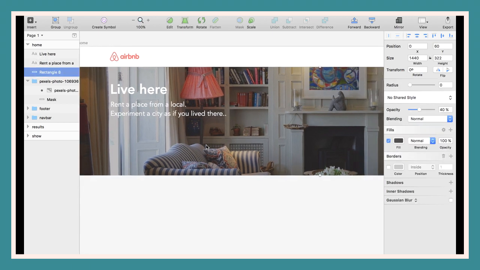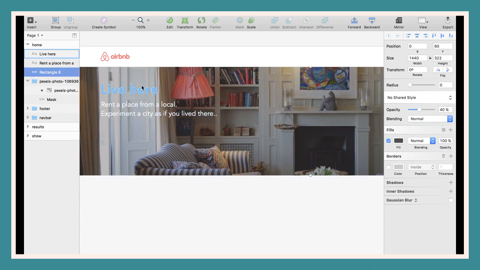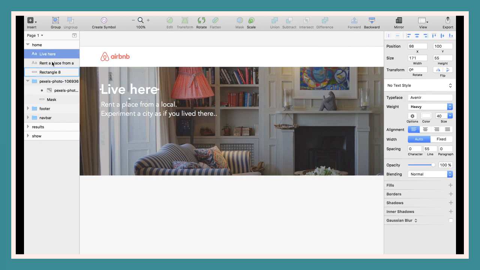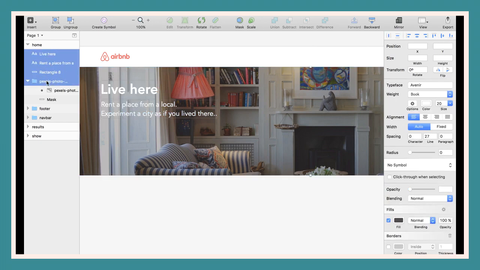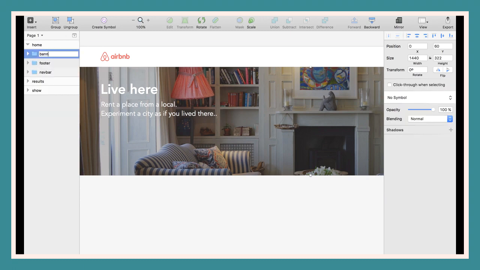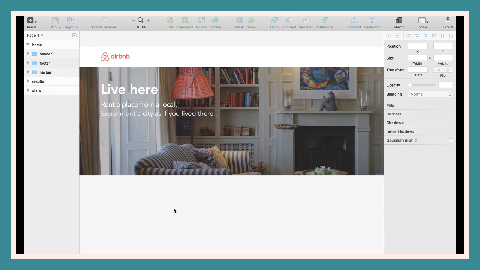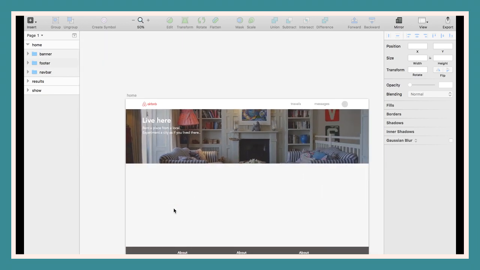Okay, so I've got my text. Maybe I can group all this into a banner because I can reuse this banner elsewhere. So I can select my different text, my mask, all this, and again group that, and I will call it my banner. Okay, so I got my banner, and now I need to put my search form for finding